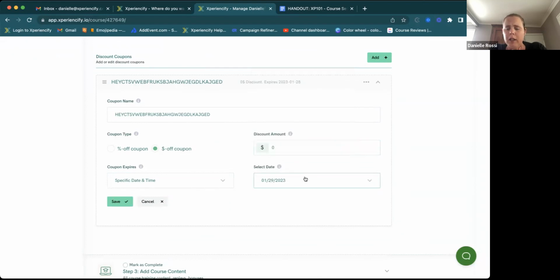And I think it's in US Pacific time, the time zone that your account is set to is US Pacific time at the moment. We are working on a way to change the time zone of your account so it's specific to wherever you are actually located. And if you do put in a coupon name,